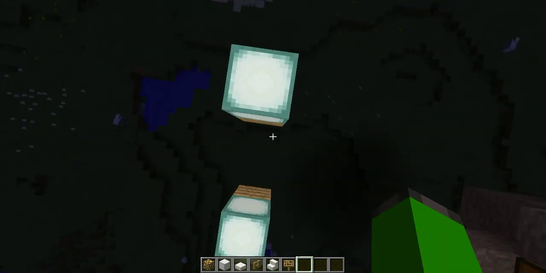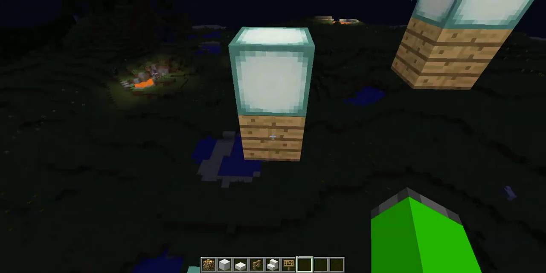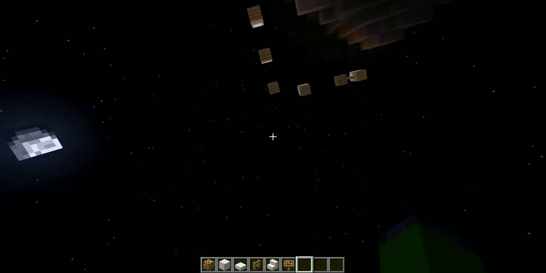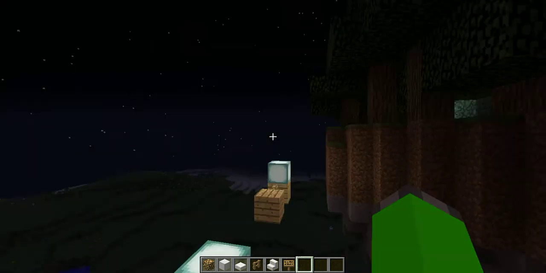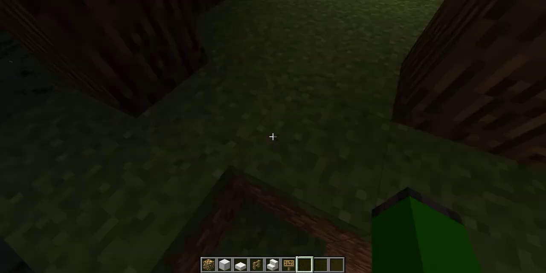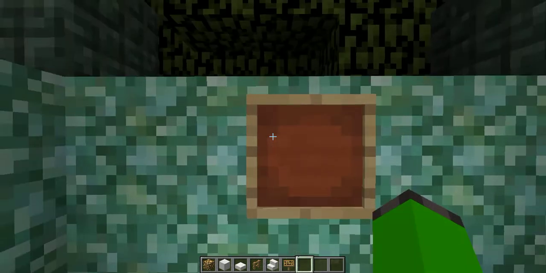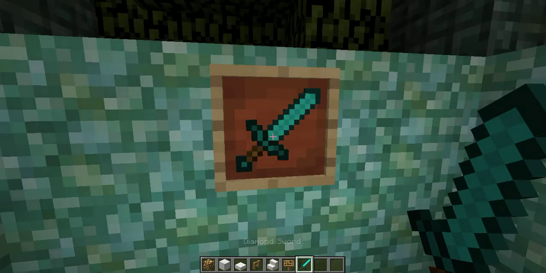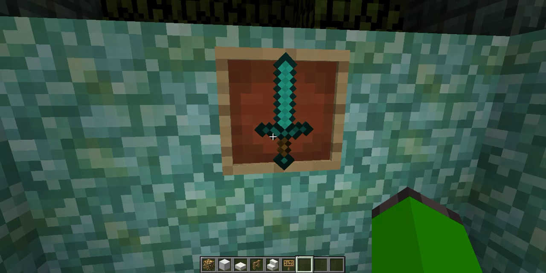I already tried doing a bunch of things that my friends suggested, but none of it worked. Decreasing view distance to below 8 chunks didn't work. So let's just say we made it all the way up here. Forgot to replace it. Okay, so in here there's supposed to be a diamond sword. Like that. Then